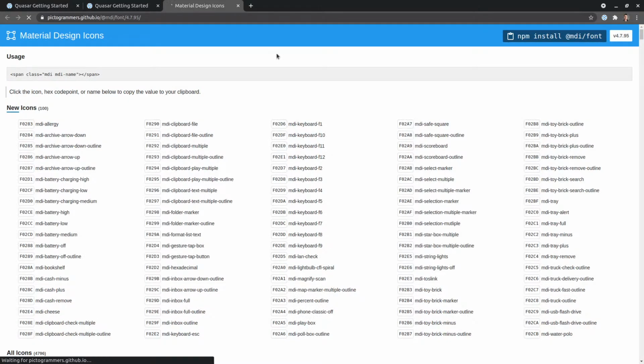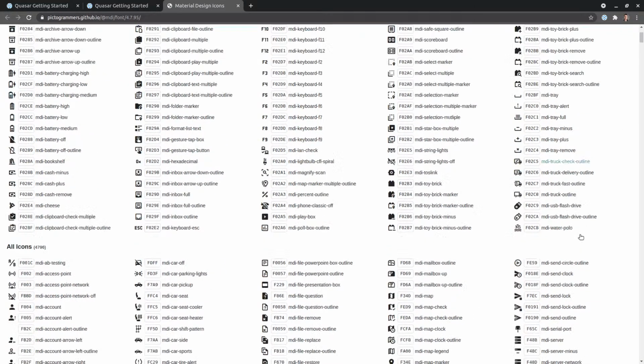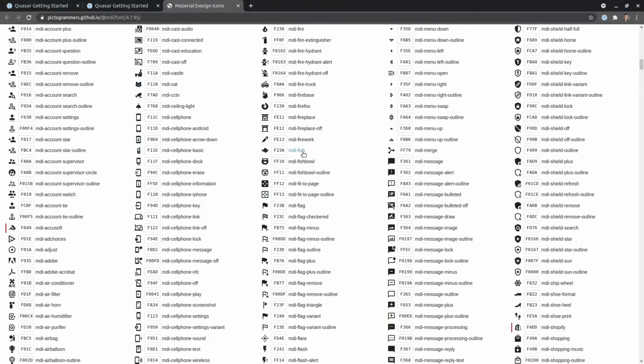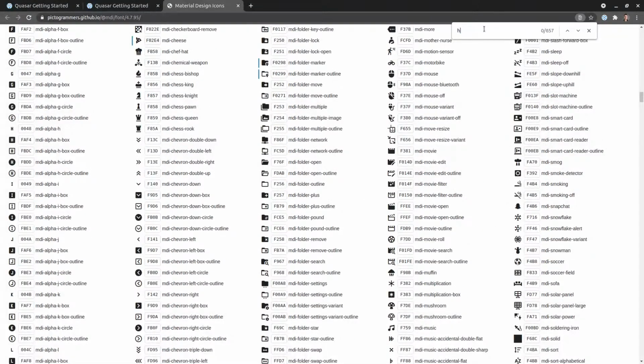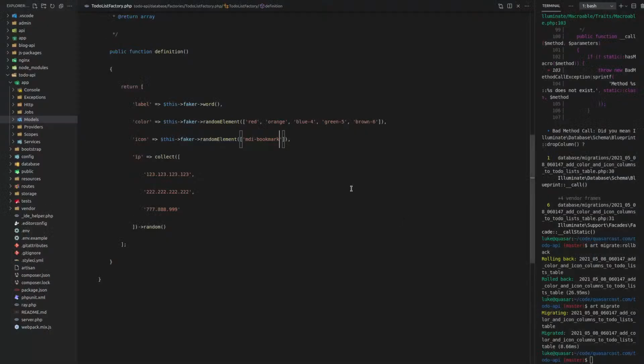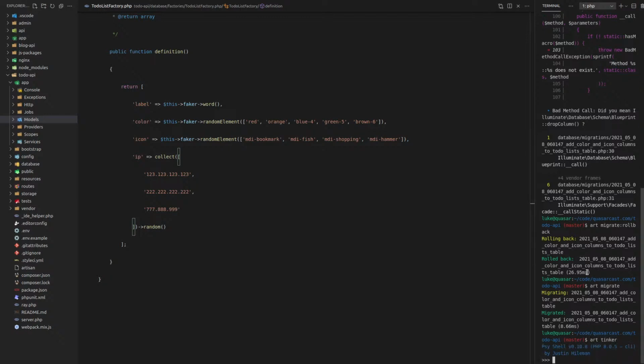I'm going to open up the MDI list. I have a hotkey for that because I open it all the time. I always use this for my material design icons. How about we just say fish, shopping, and I don't know, hammer. Fish, shopping, hammer. So MDI fish, MDI shopping, MDI hammer. For my fake data, so let's say artisan tinker, and how about we say to-do list factory,